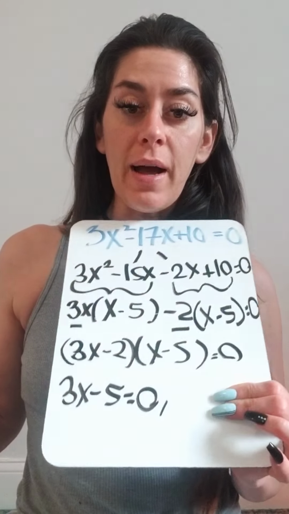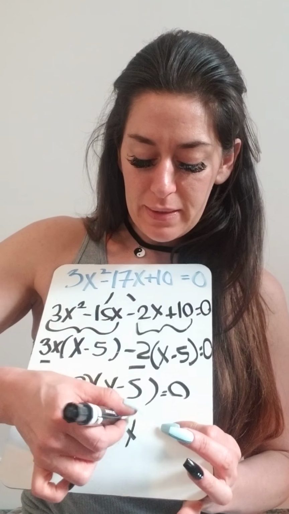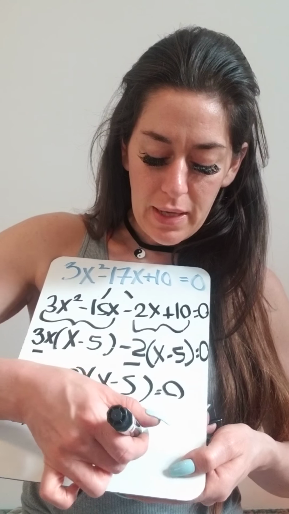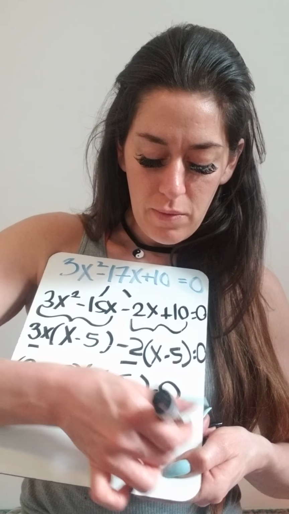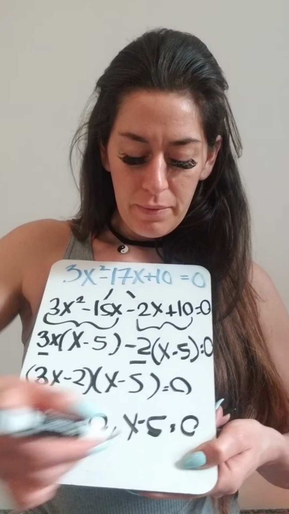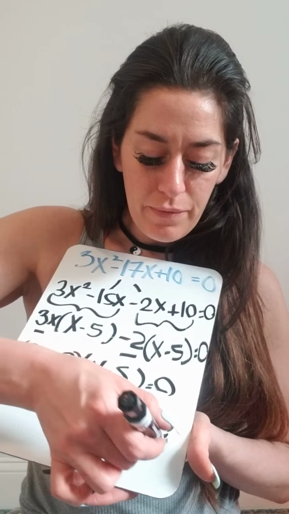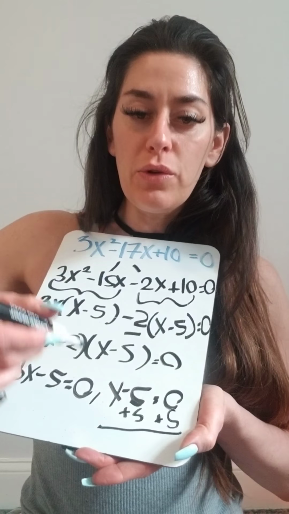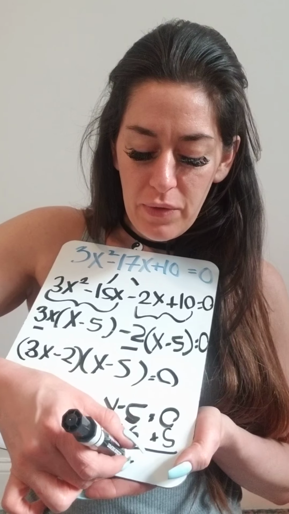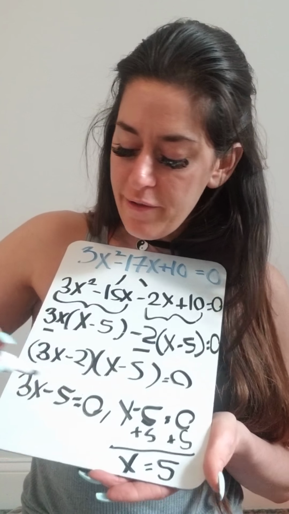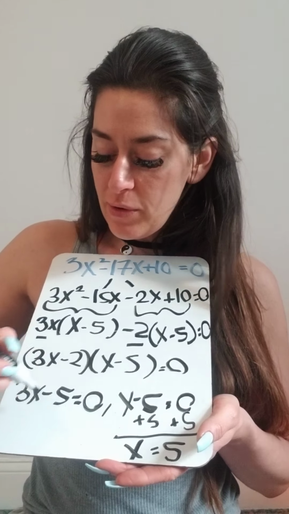And we're going to solve that. Your second one is going to be x minus 5, set equal to 0. Add 5 to both sides for this one. I'm just going to do this first because it's a little faster. One of my solutions is x equals 5. The other one, I have to add 2 to both sides